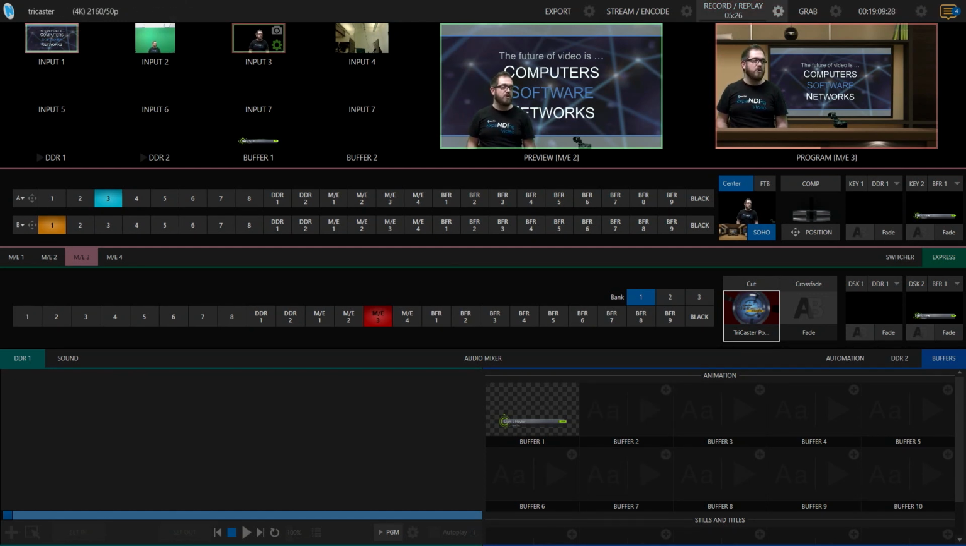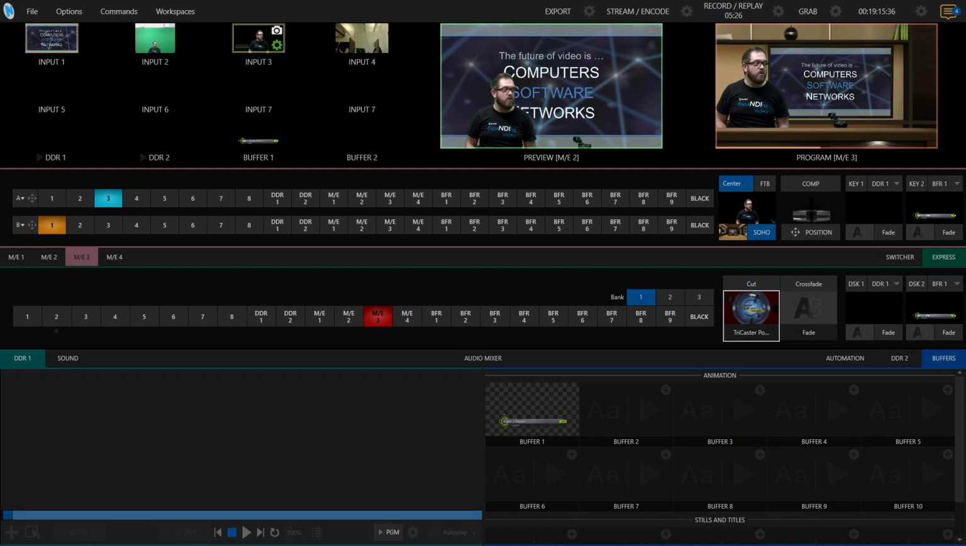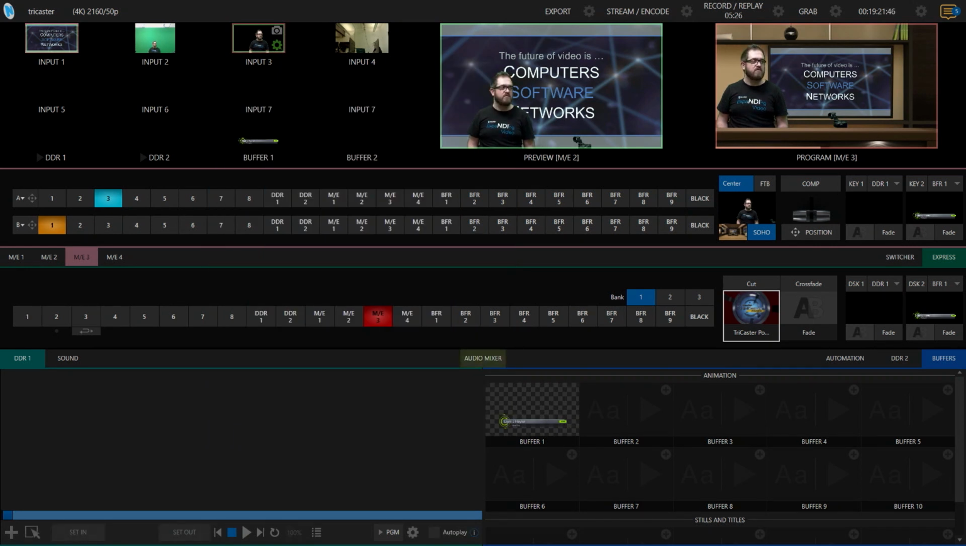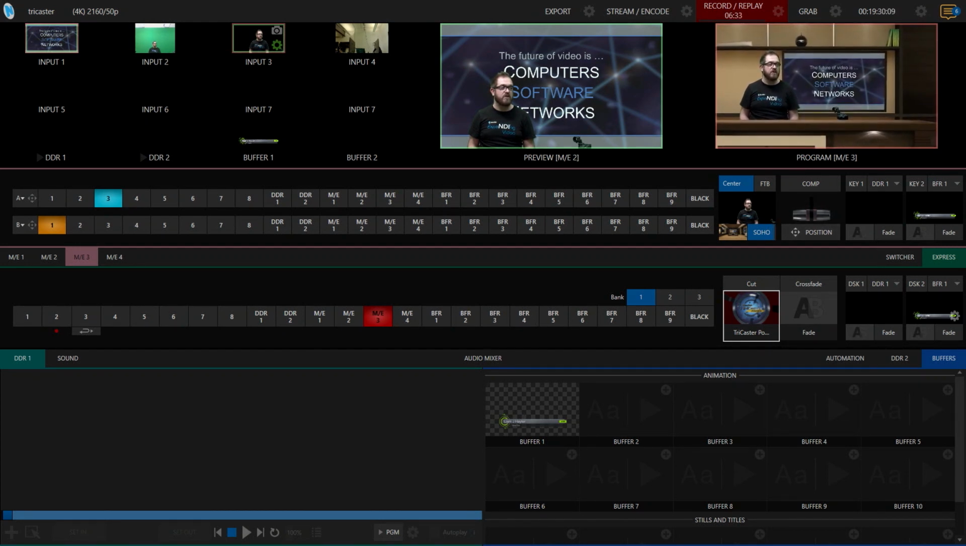So let's stop the recording here, and I'm going to go up to input 2 and enable the capture settings for recording of that input. But also over on input 3, I'm not only going to enable my record settings, but I'm also going to enable instant replay. So now when I start recording, I'm recording our program and anything we do within that program, including the movement within our virtual set and bringing up the animated graphics. But I'm also now recording input number 2 as a backup and input number 3 with an instant replay icon